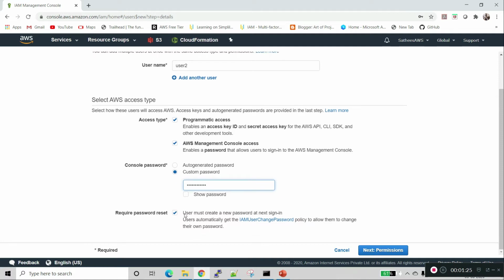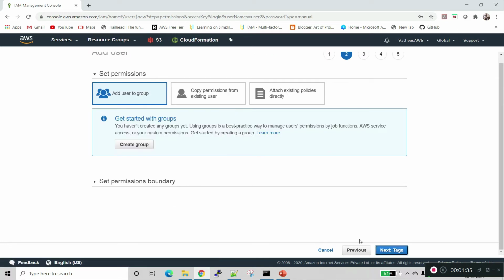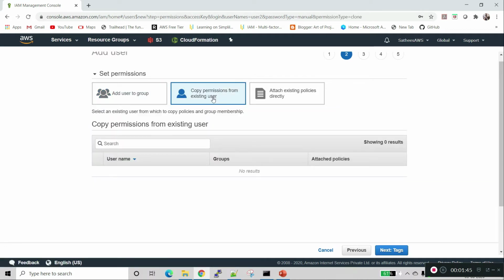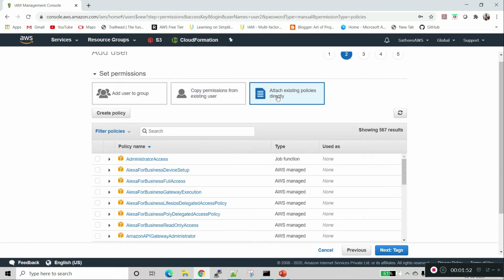It's asking whether to regenerate the password at next login or not, so I am deselecting that. Next, permissions. We can add the new user to a group, copy existing permissions, or attach existing policies directly to this user.